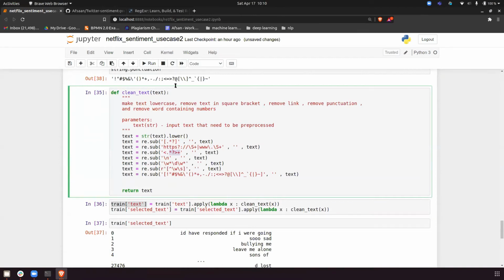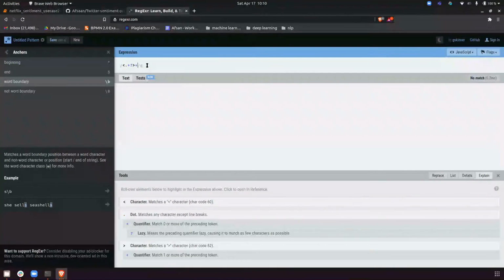So copy. Everything is fine here. What is not working? Can anyone tell me what I'm doing wrong? Because I can't figure it out. Character matches, so basically that should work. I'm matching this only. Why is it not working? Dot matches any character except the line break. Like what are we trying to do here?